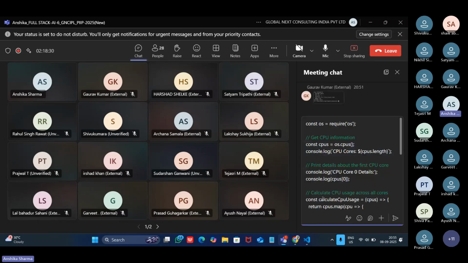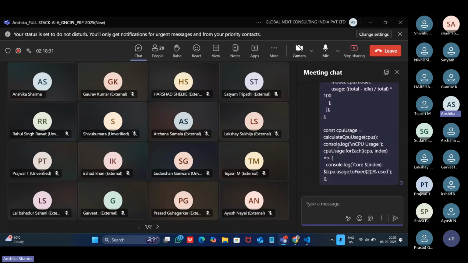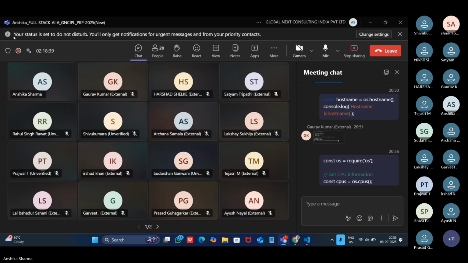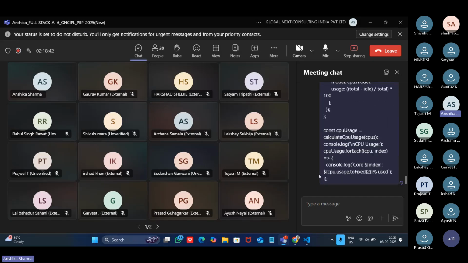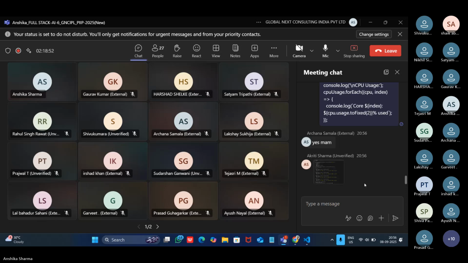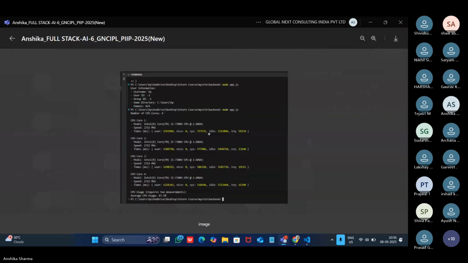Just run this one also. It is interesting to know about your operating system, isn't it? You can now directly write commands over here and you will get the information without going to your settings, and it will be just a developer's thing for you. Okay, so you have tried to access details about all of your CPU cores. That is why you are getting such kind of output.